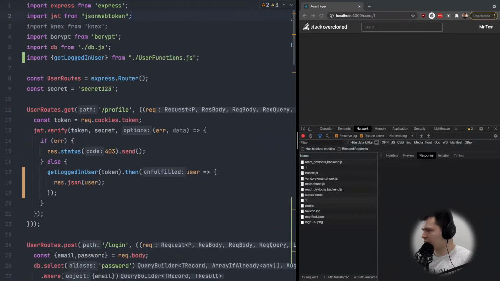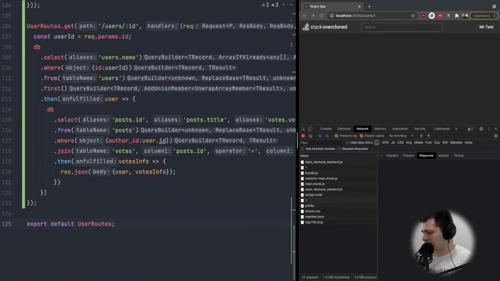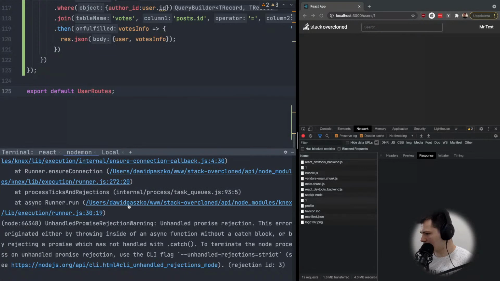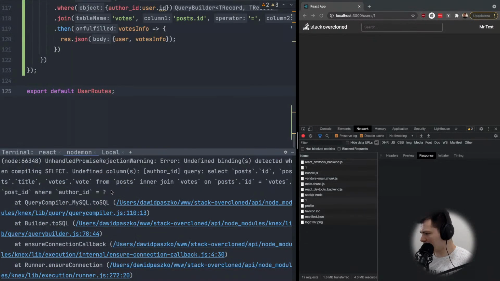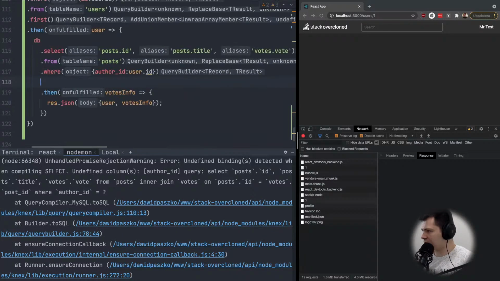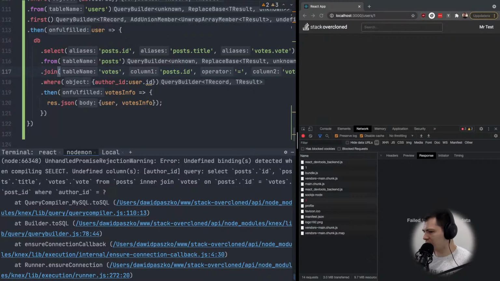Let's check if we are importing everything correctly. Yes, I think everything should work. Let's see. What is wrong here? Something wrong with the query. Undefined columns, author ID. Select posts ID, posts votes from posts, inner join. We don't want to do inner, or maybe we won't, but let's move this thing back here after from,